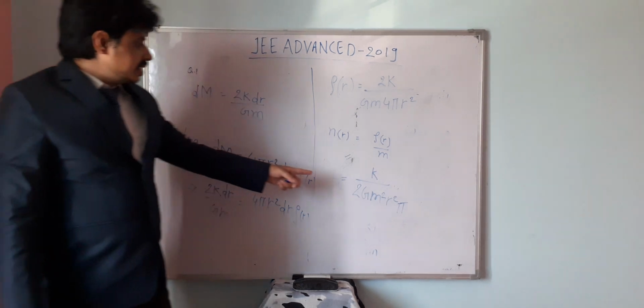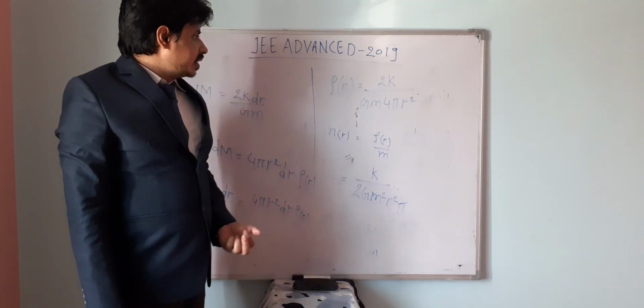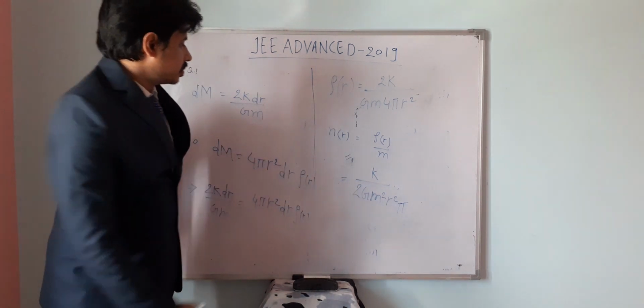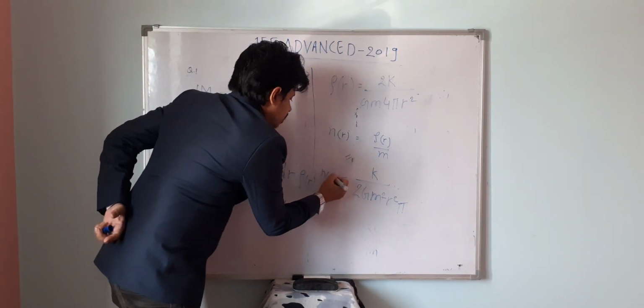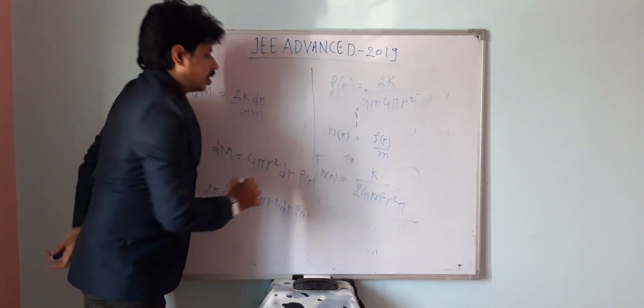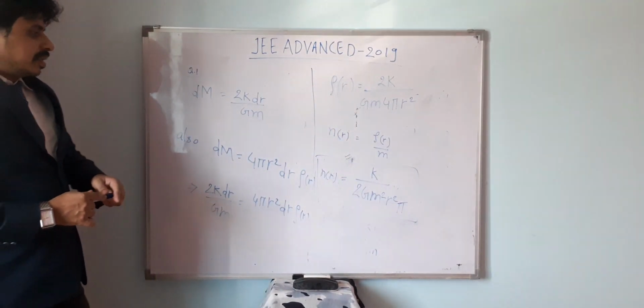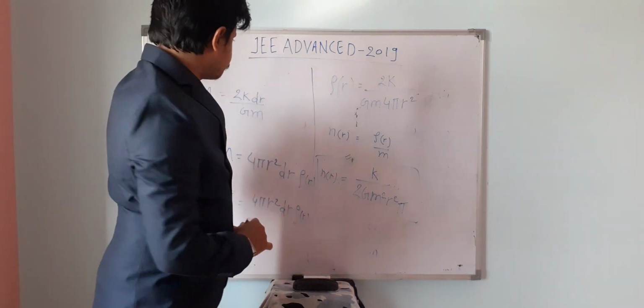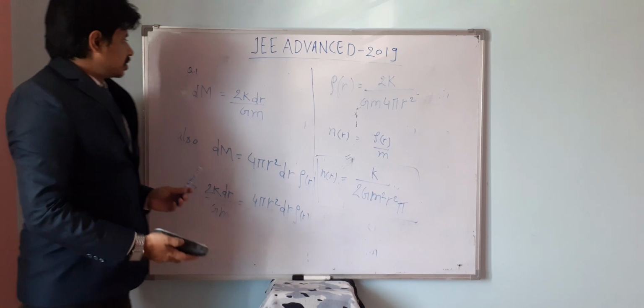Your number density is k upon twice g m square r square pi. So this is the number density as a function of r. So this is the exact number density as a function of r. So this question is solved. Now next,